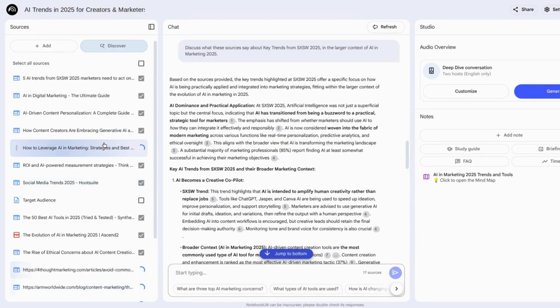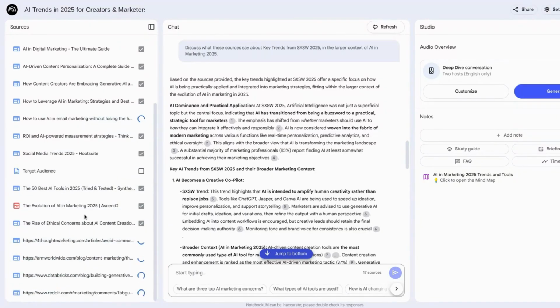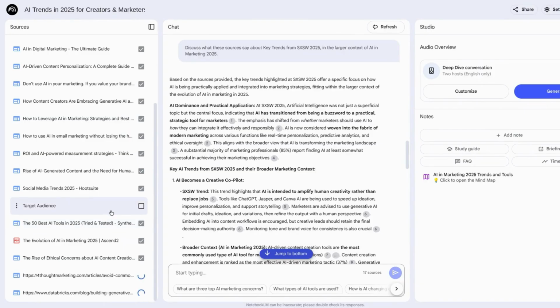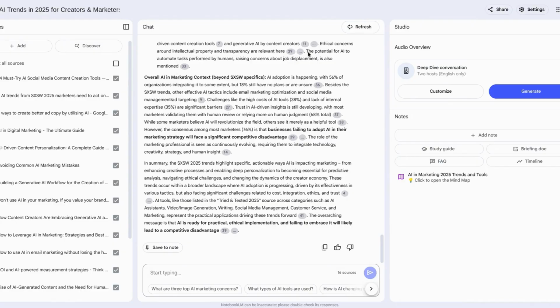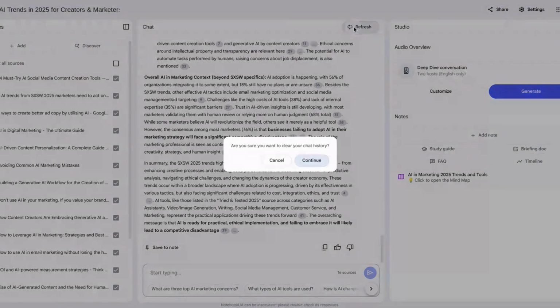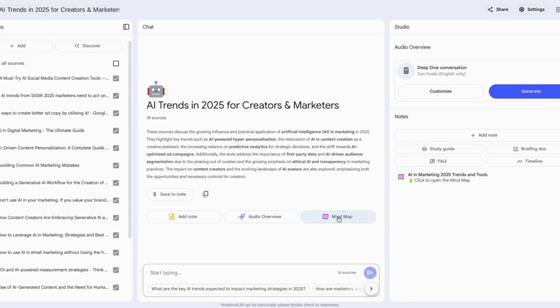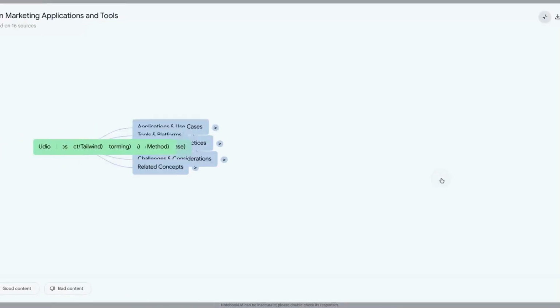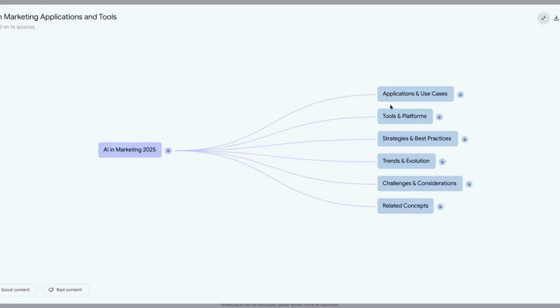And then we'll deselect any sources that we don't want to include in the next mind map that we'll create. Let's click on refresh at the top of the chat section. Click on continue to clear the chat history and create another mind map. We'll open up the new mind map. I like this mind map a lot better because the topics are more consolidated and it's not overwhelming, so we can click into